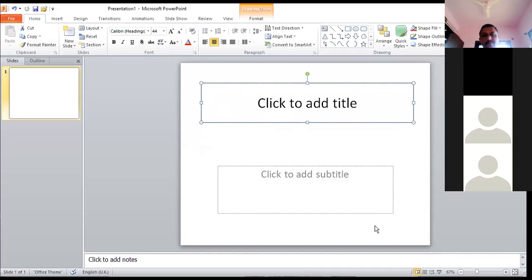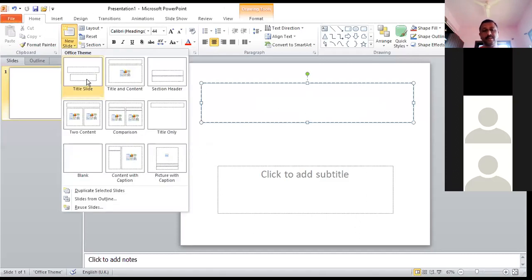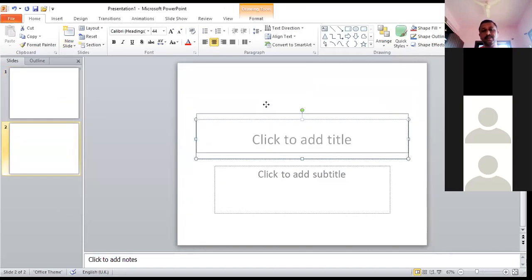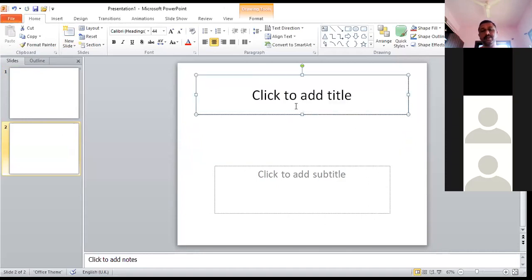After working on it, we are completing the small project of the home tab. Now I'm writing the content on the slide. I have chosen the title and subtitle slide type from the layout. Otherwise, you can choose it from here also, new slides, and select one of the slides. Okay, it is selected. Then you can click on the title text box and edit it. After adding that, you can add the contents which we need there.